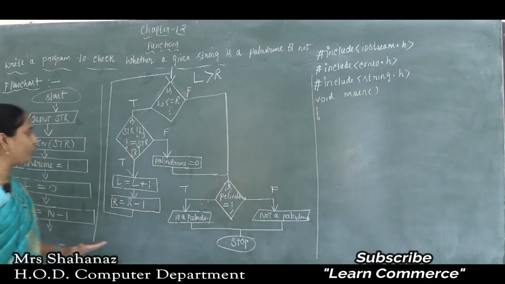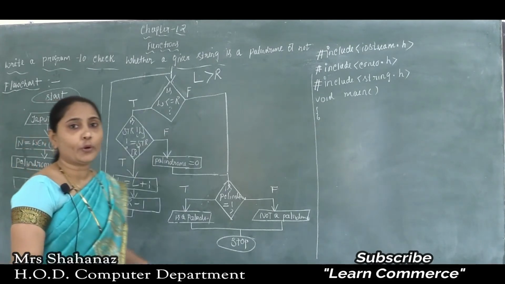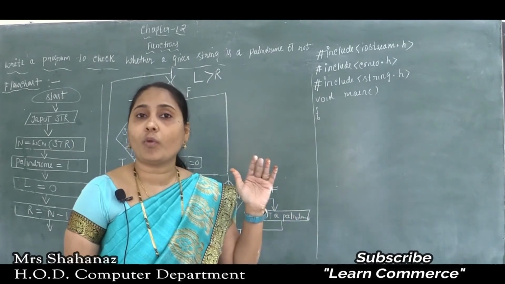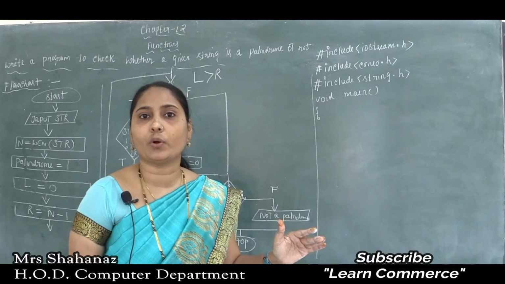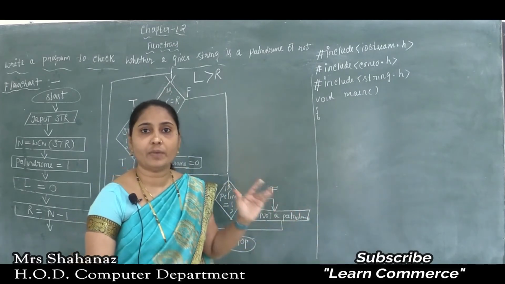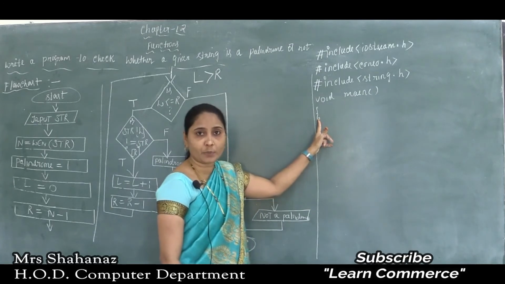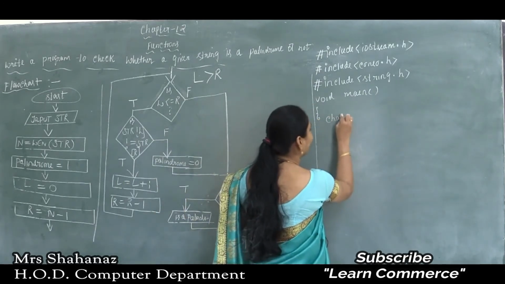After the curly bracket, what are the variables we need to declare in the program before using any variable? Such variable declarations we need to do after the curly bracket. Clear this point here? After the curly bracket, next I am going to do the declaration of the variables.